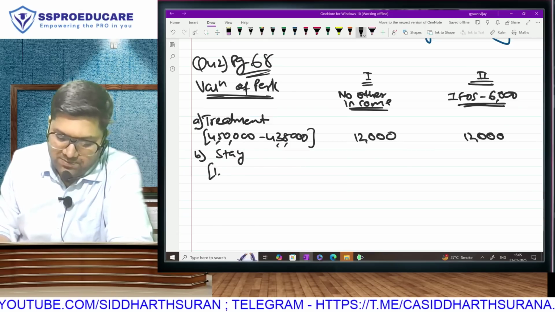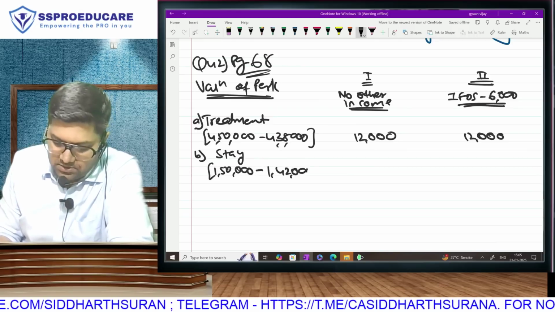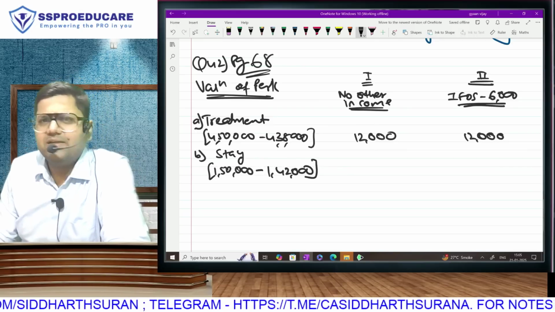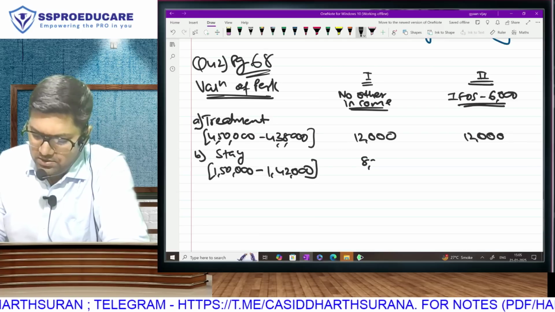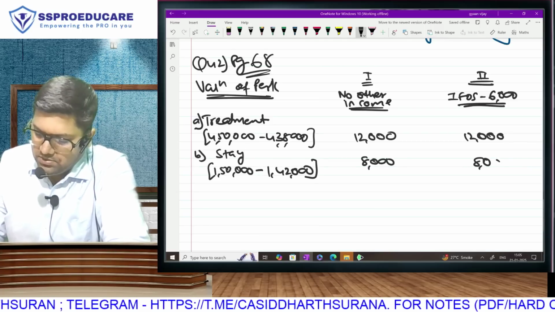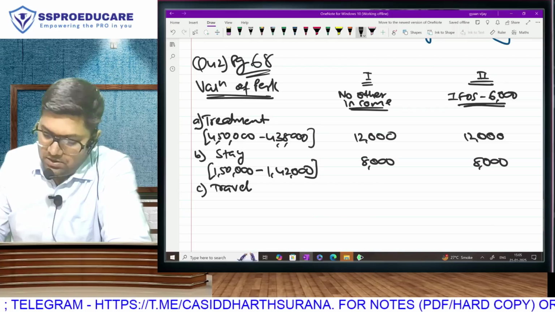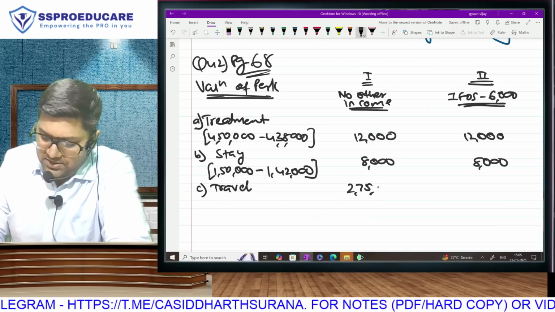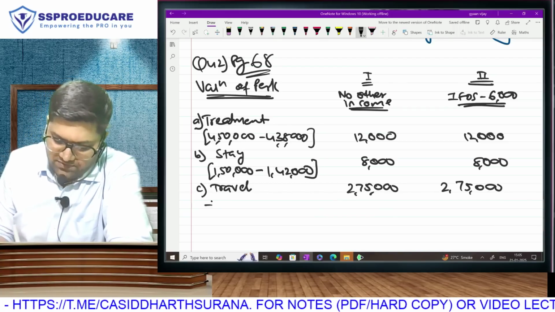The amount paid by employer is 1,50,000, but the amount permitted by RBI 1,42,000. Will we get this exemption always? Check 2 lakh? No, don't check 2 lakh. 8,000. Correct? And finally, the cost of travel, where employer has incurred 2,75,000, from which we will get amount which